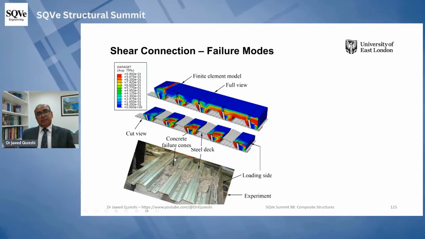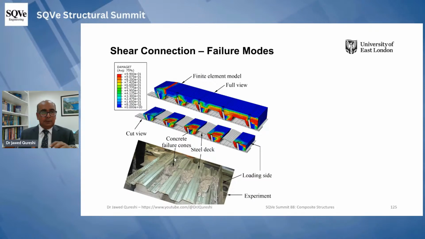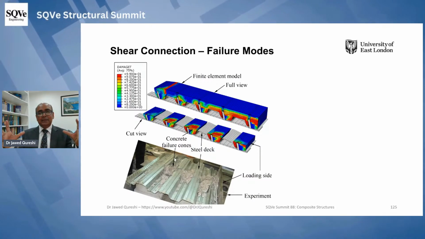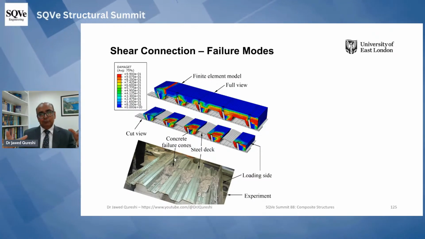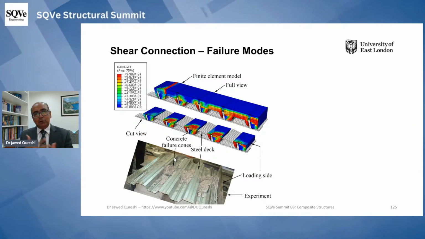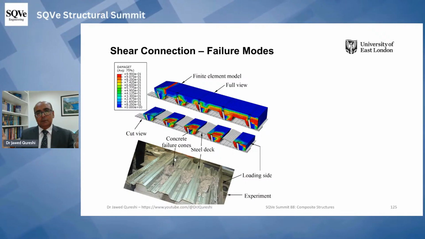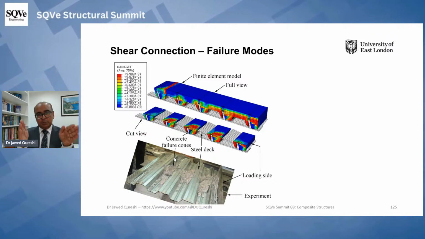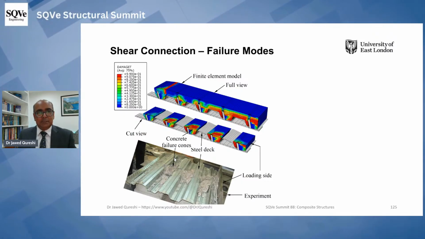In profile sheeting slabs, most of the time the failure will happen in concrete, and it will leave behind a cone. So if we have double studs, then the cone will be shared. As a result, the shear stud capacity will not be double unless you increase the spacing of studs, which is not possible because the top flange is limited.